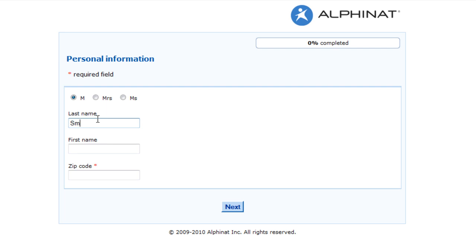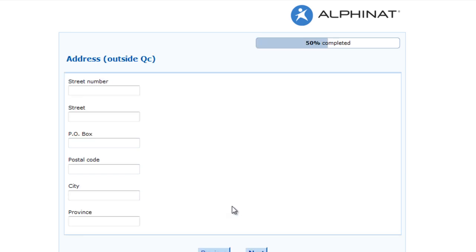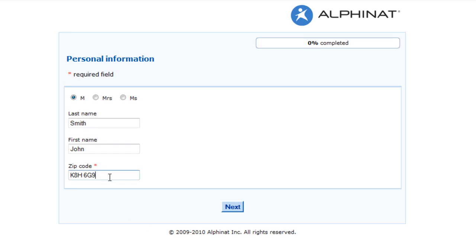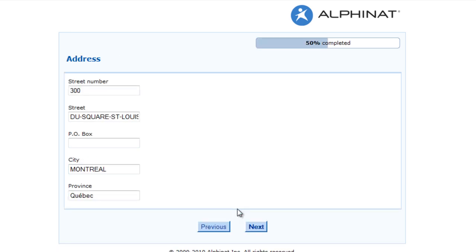Let's go through the Smartlet as if we were an end user ourselves. We just provide some sample data, enter the zip code, there's our tooltip we provided, and if I enter this zip code here, it starts with the letter K, so normally I should end up on page 3, which is the address outside of Quebec. Now if I go back to the previous page, change that zip code, and use one of the values which I know is from the province of Quebec, I should end up on page 2, that's right, with the values